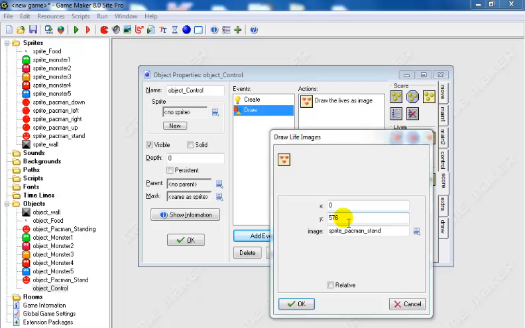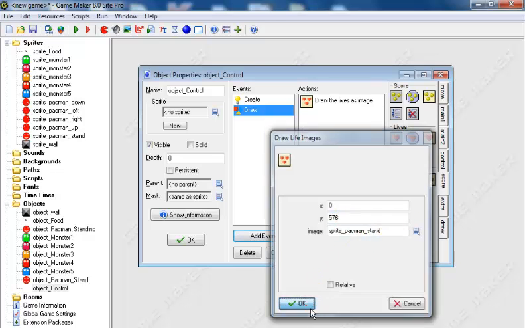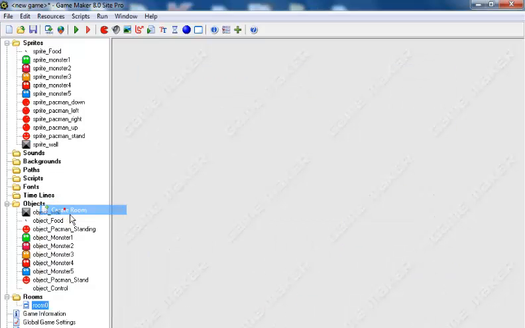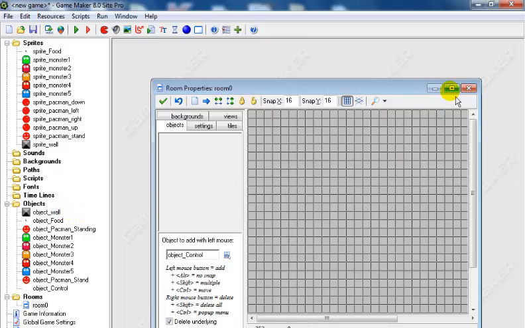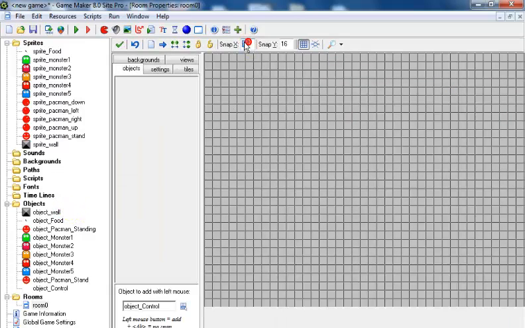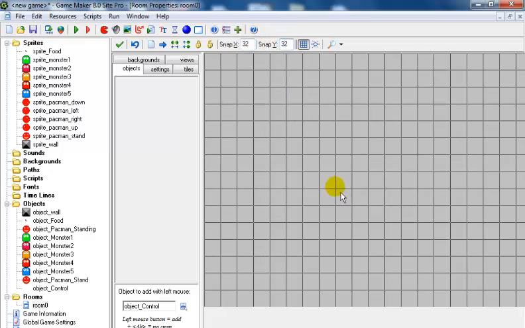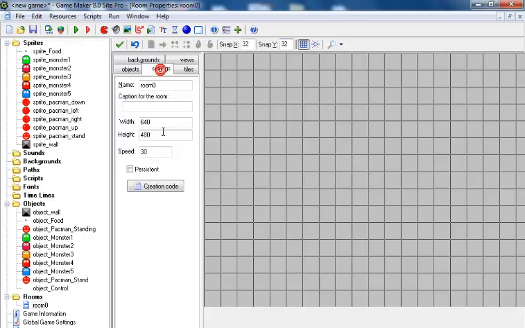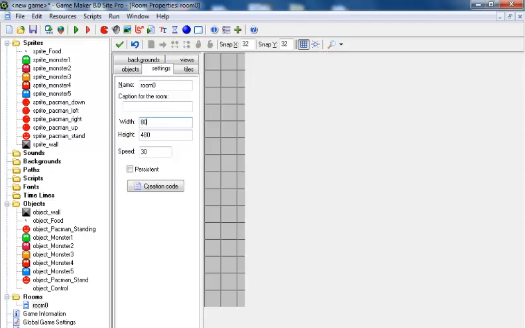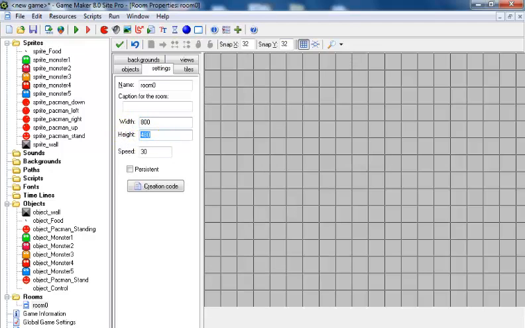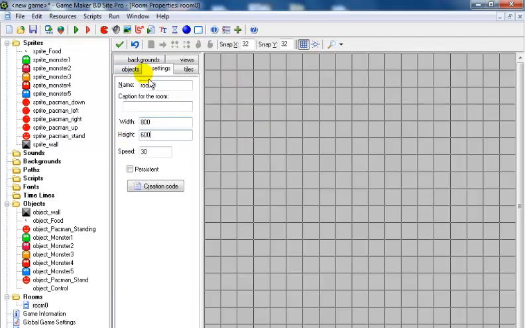Click on OK, and finally let me create a room. Right click, that's my room right there. Change this to 32 and change the other one to 32 as well. And now the size of the room, let's make that 800 by 600 there. So go back to objects, select object wall,